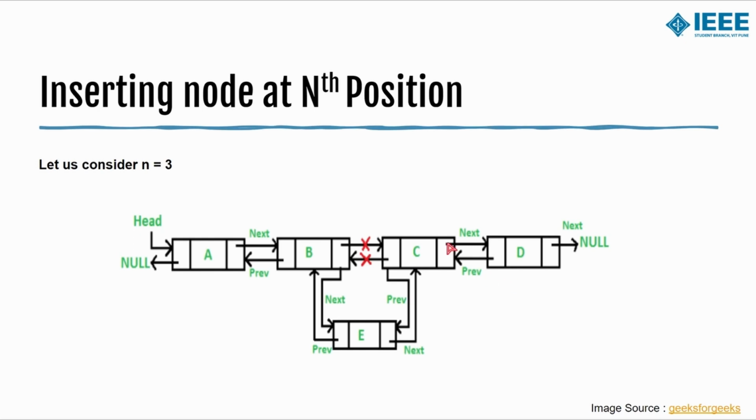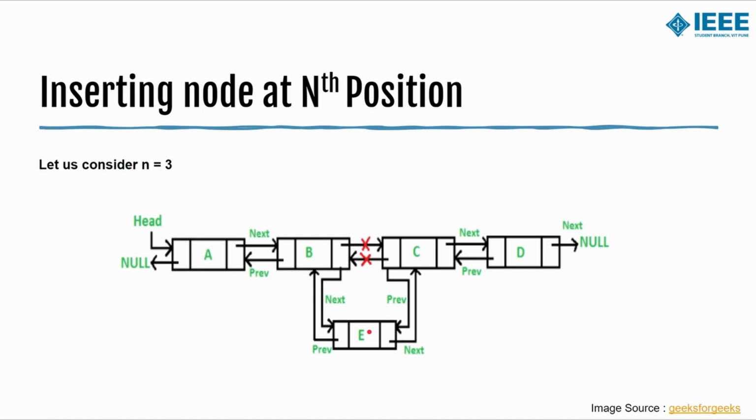So the C over here is nothing but the node after the n minus ith node. Again, to explain, the new node's next pointer is going to point towards C, that is the node after the n minus ith node, and the previous pointer of node C has to point towards the new node over here.